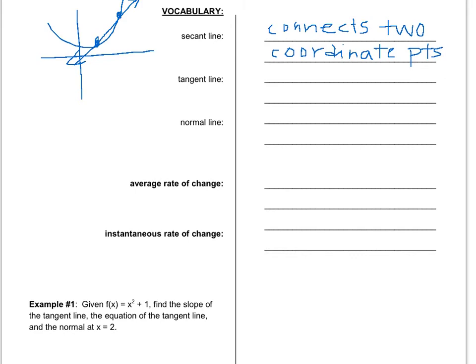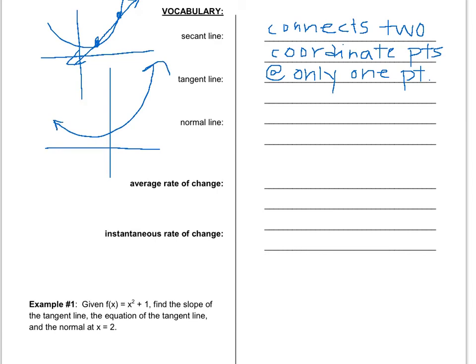The tangent line, it's only at one location, so it's at only one point. And if you remember a tangent to a circle, it looks like it bounces off. So when I draw a tangent line to the exact same function,